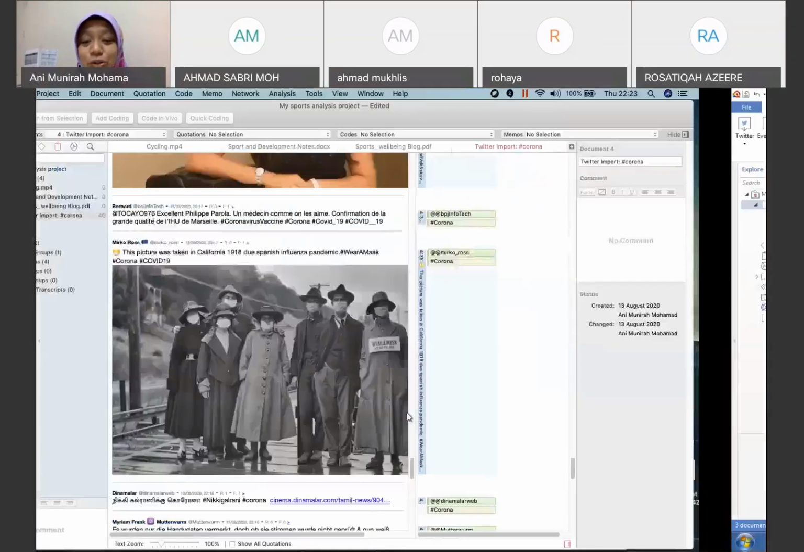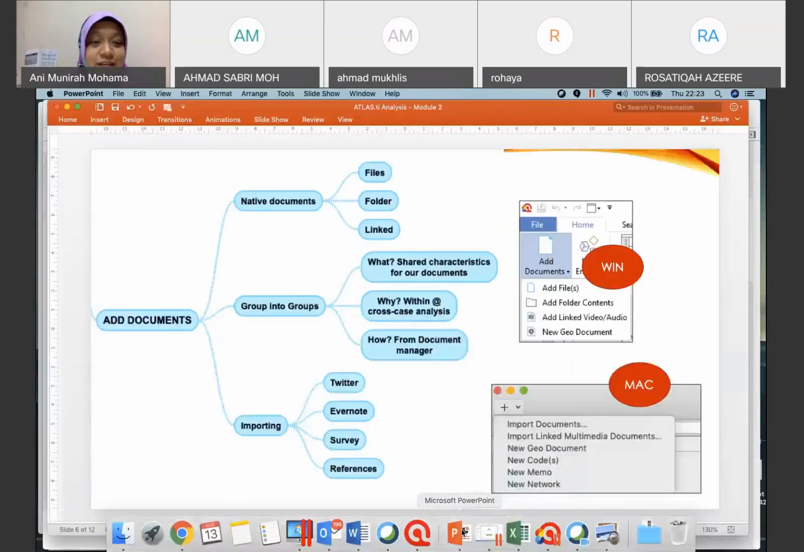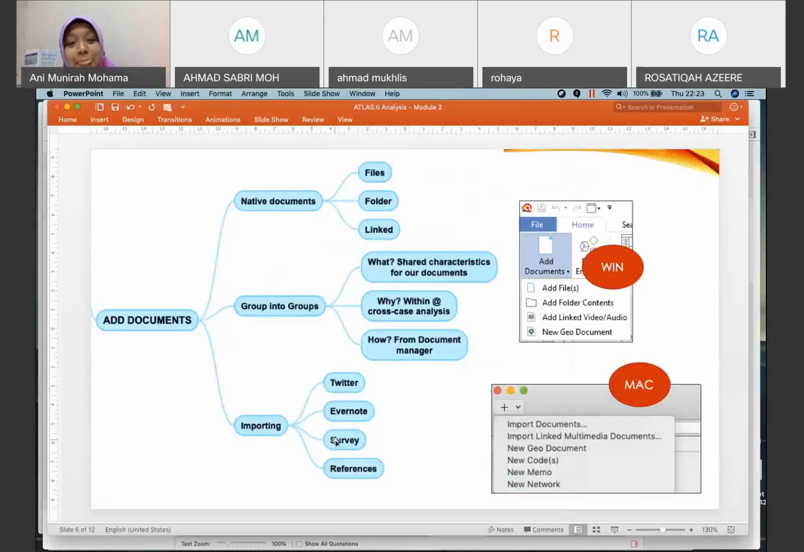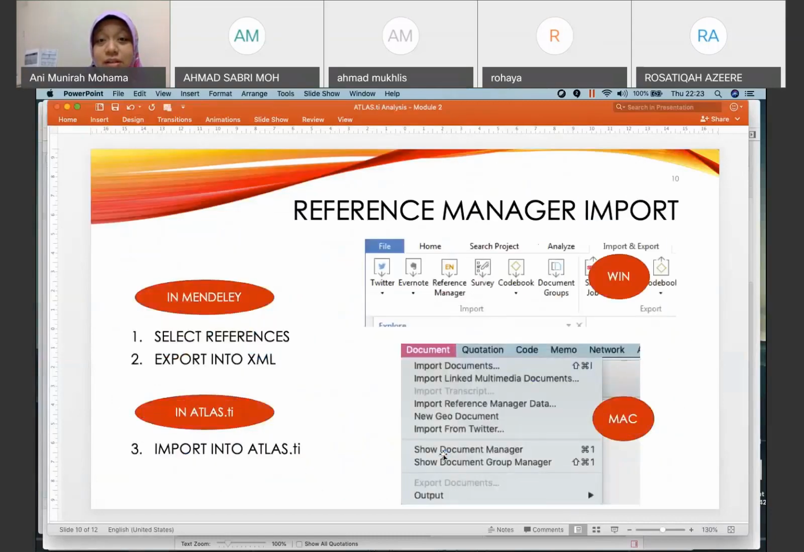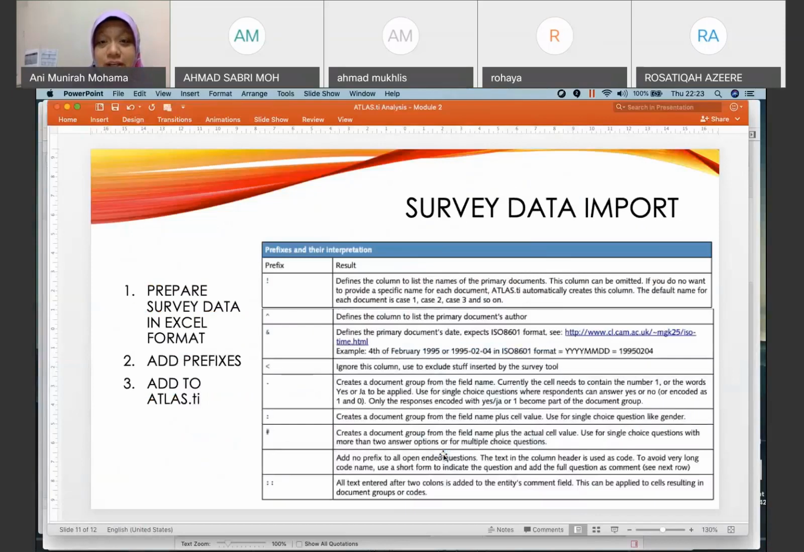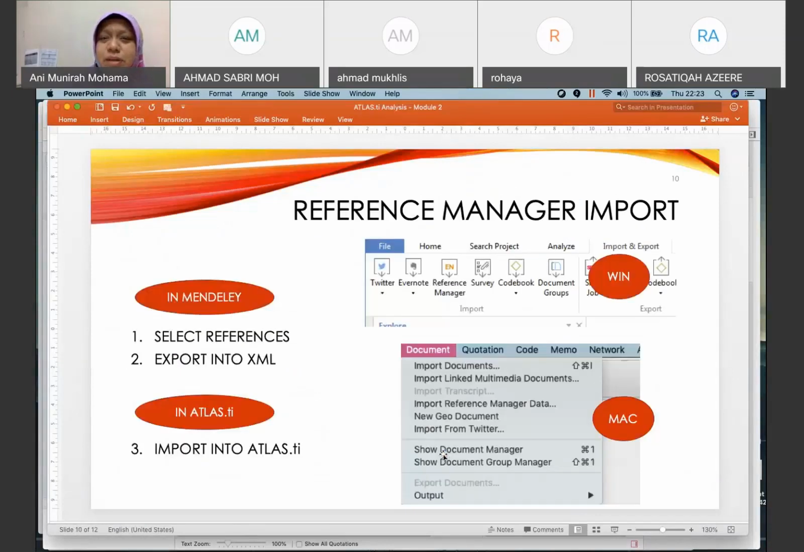Now, the final two things I want to share are importing survey data and reference manager import. I think I have put something over here. Let's begin with reference manager import first. If you do have Mendeley or EndNote on your desktop,